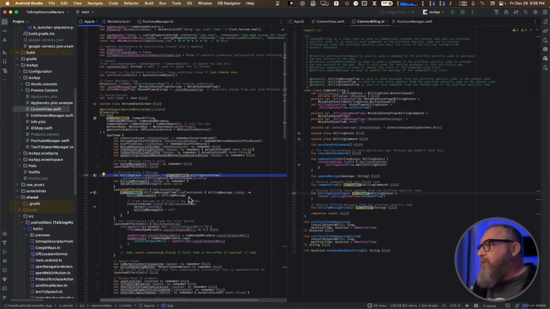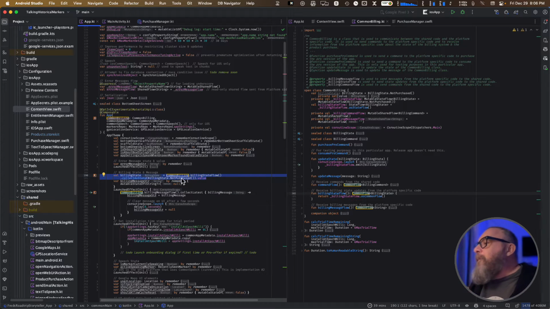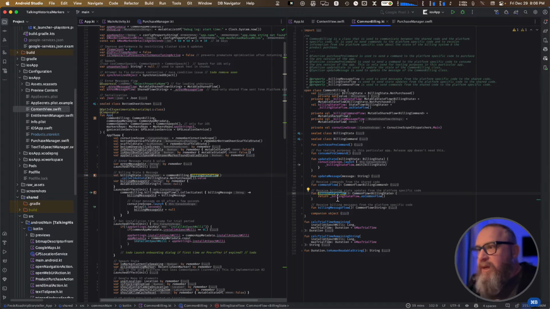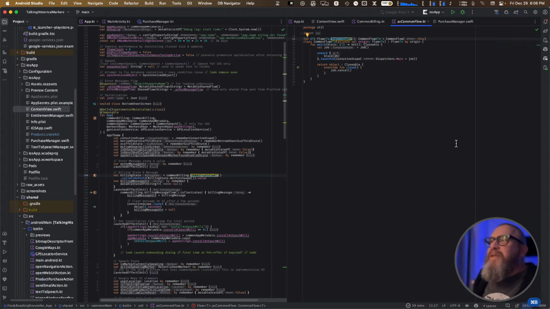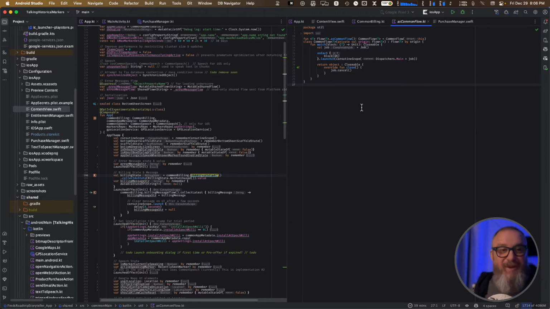We're going to do billing right now. So here's where it's actually receiving the state of the billing, whether you've purchased or not, or a purchase has happened, and it's collecting that as a flow right here. And it's collecting it as the common flow, and the common flow is this cute little function right here. This little sucker makes it so you can use flow just to communicate back and forth between the platform side and the native, or the Compose side,